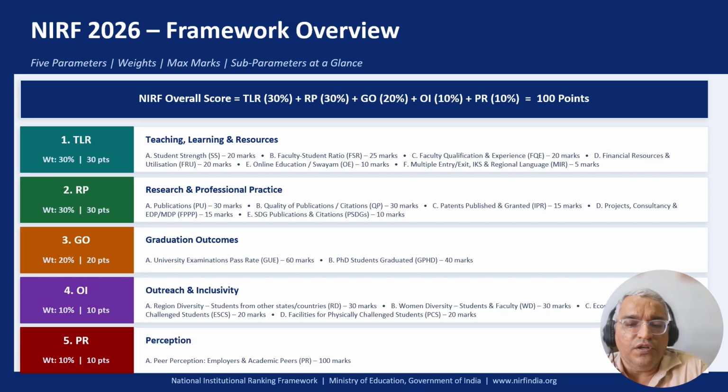C is faculty qualification and experience. In this they talk about the percentage of faculties with PhD, like more than 95% faculty should have PhD. And faculty experience, how many faculties have less than 8 years experience, 8 to 15 years experience and more than 15 years experience. So which talks about the qualification and the experience. It carries 20 marks. Financial resources and utilization is about the total capex and opex expenditure we have to